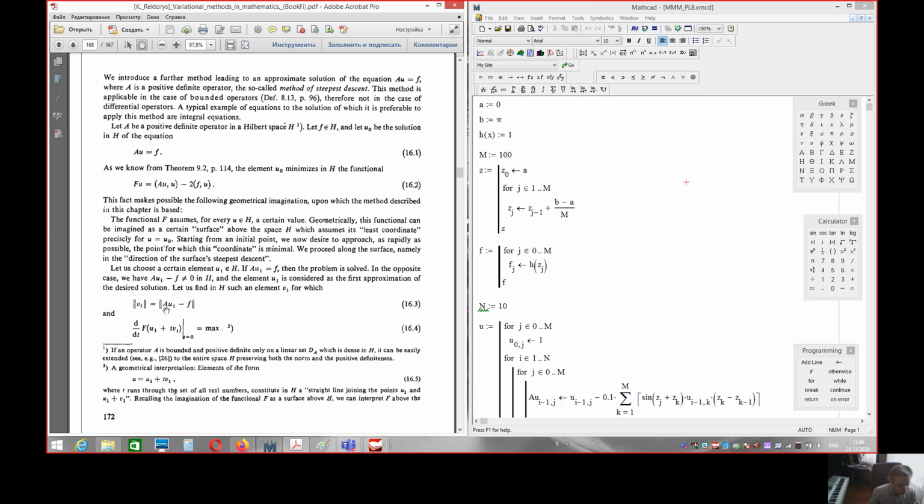V1 is equal to AU1 minus F, and consequently it is still for the norms of these elements. And then for the first approximation, for the first variation of the functional, we have to find